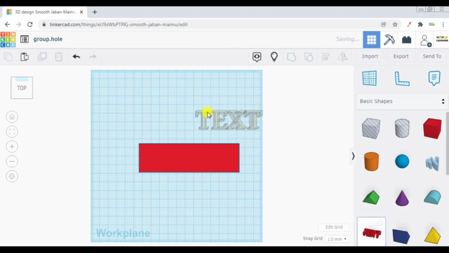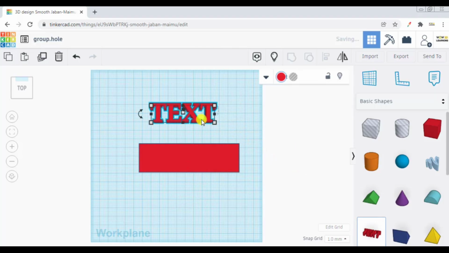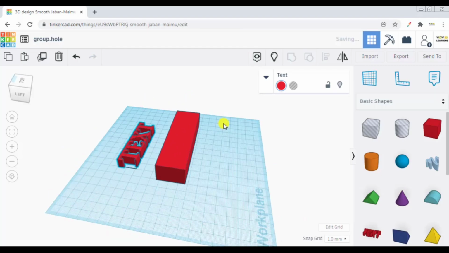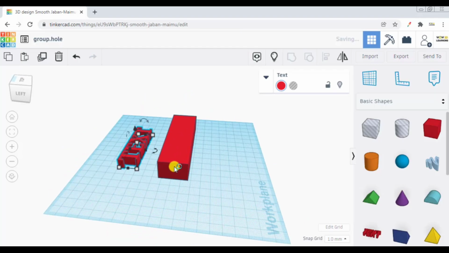Now what we will do is, we have seen how to make a hollow. Now this is a solid object, our box, and this text we want to engrave on the top of this surface. This time also we will do it without using a work plane. So what is the height of this box? We have kept it 20. So we click on the text, we bring it up to the height of 20. Let us put it manually 20, and then we use the keyboard arrow keys to bring it onto our box.